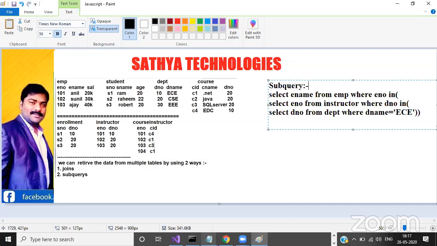If you want, you can write the same query by using joins also. If you want, you can write the same query by using what? Joins. How to write the join query? Select E dot E name from EMP E inner join